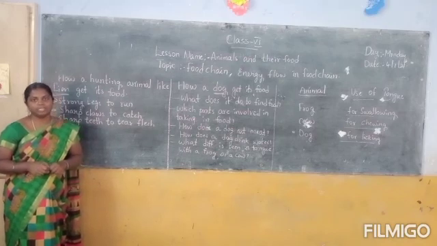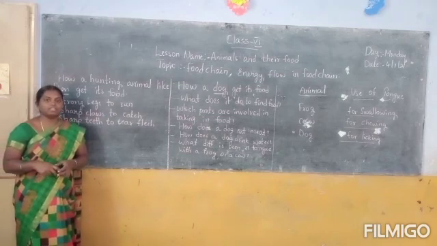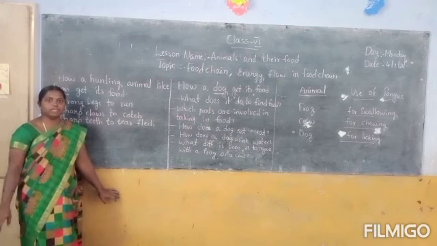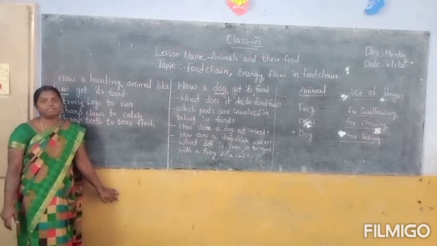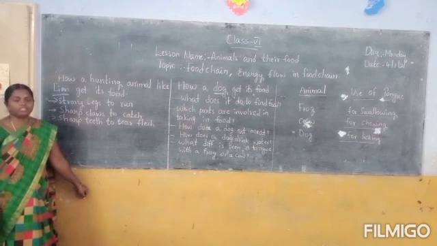Ruminants are the animals that take the food inside quickly and swallow it and keep it in one part of the stomach. When they are free, when they are sitting simply, then they get back their food and they start chewing. This type of process is called rumination and you call that